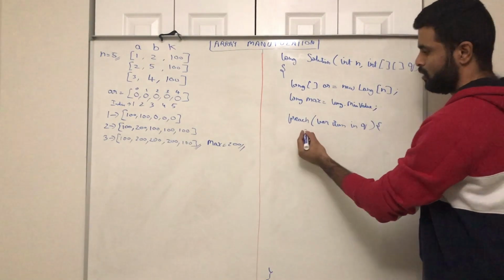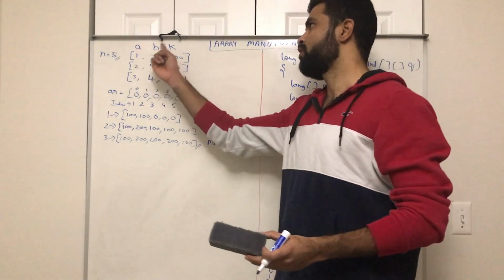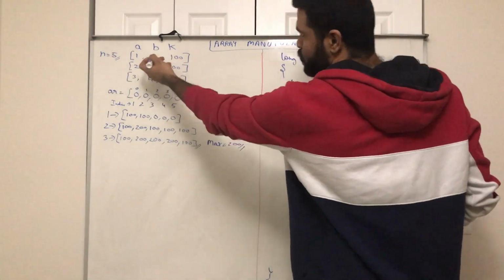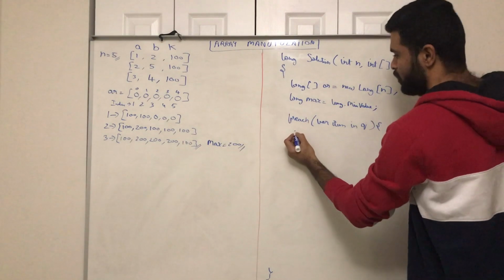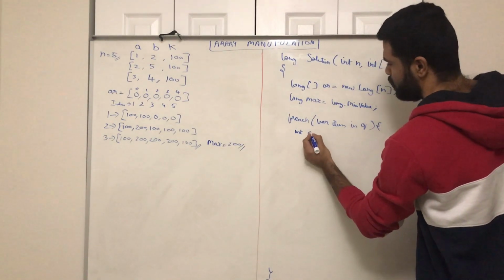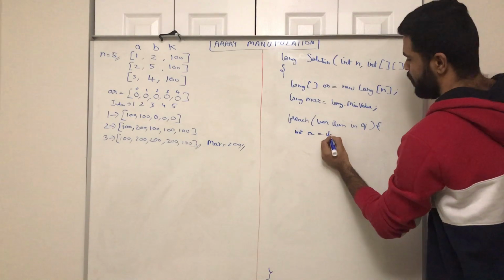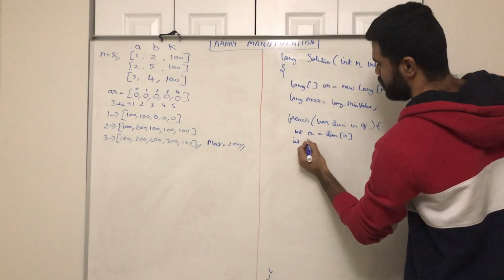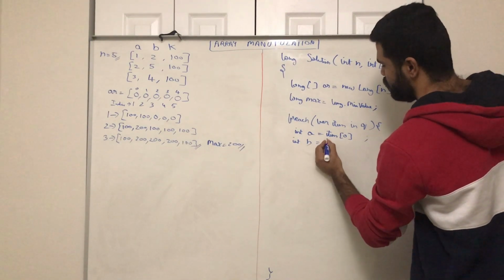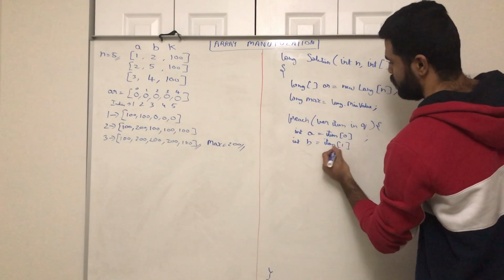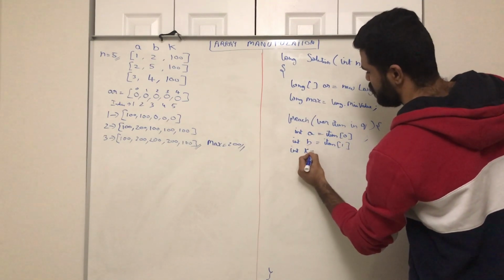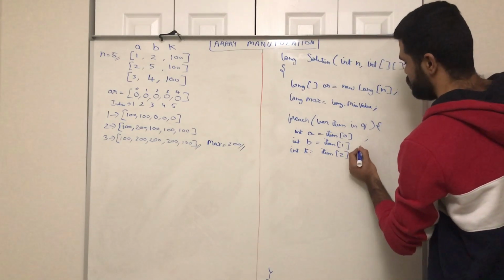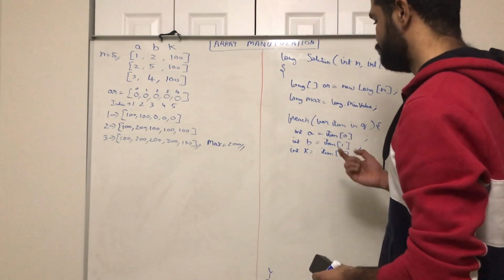So for each item, initially I want to have these values A, B and K. For each item I'll be having three values. So I'll get those three values and store them in the local variables A, B, K. So for that I'll declare int A equal to item of 0, and int B equal to item of 1, and int K equal to item of 2. Okay, and now